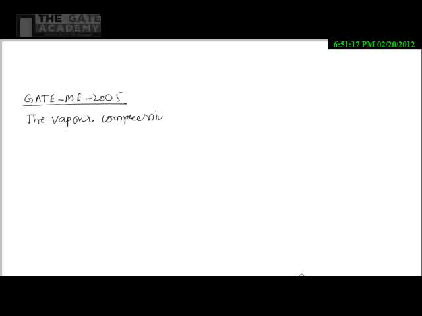Now let's take another interesting problem which was asked in GATE AME 2005. I am writing the problem here. The vapor compression refrigeration cycle is represented as shown in the figure,